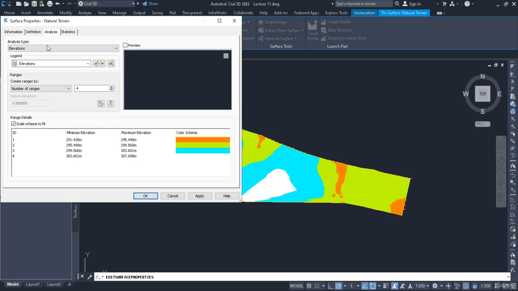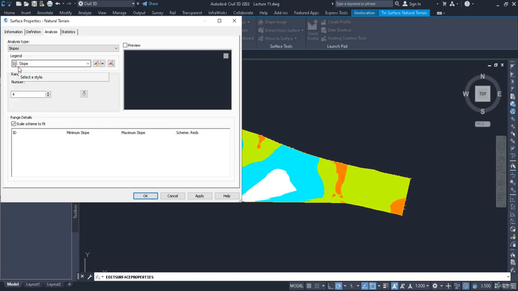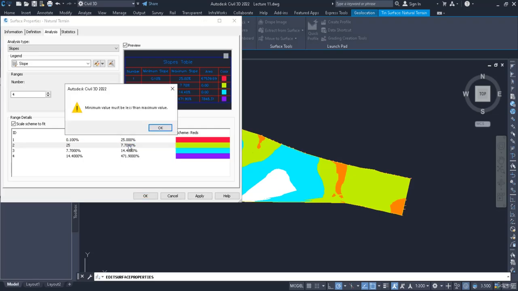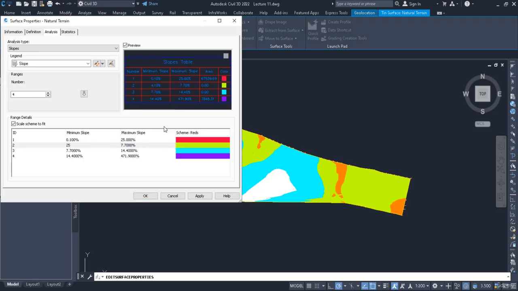But before that, let's go to analysis and then slopes. Make sure to turn on the preview and now you can see it. Let's adjust the ranges. Like we can start from 0.1 and go to 25%, and then 25 to 50. So let's write a larger number